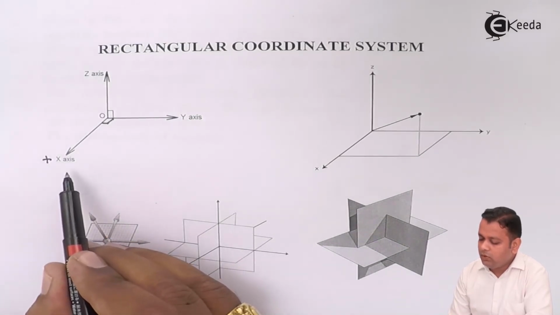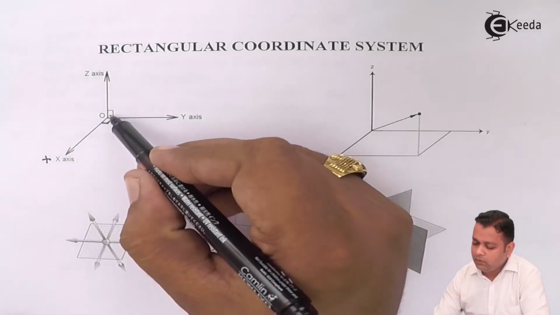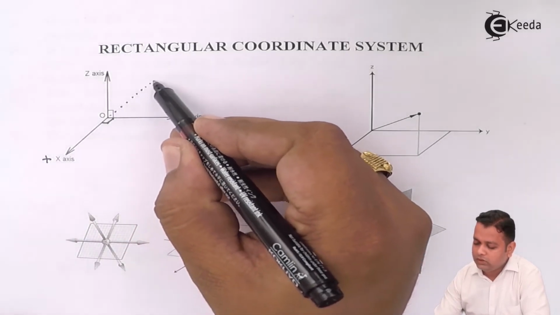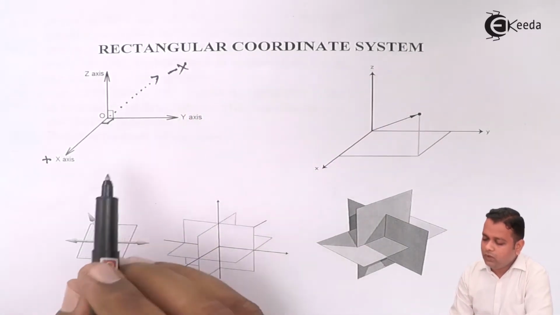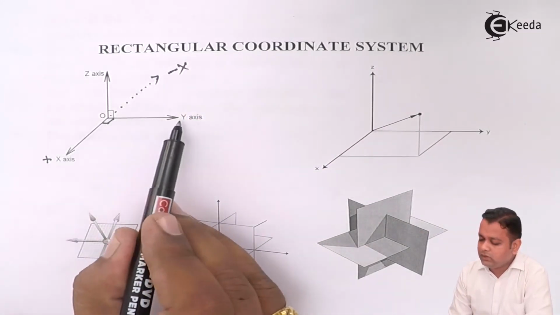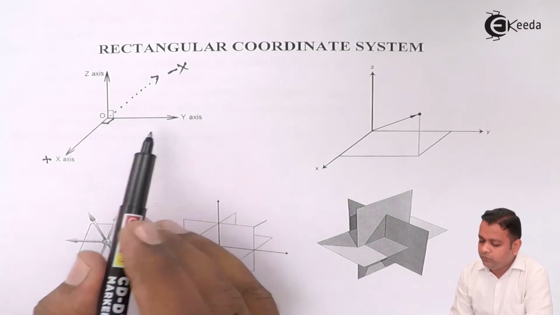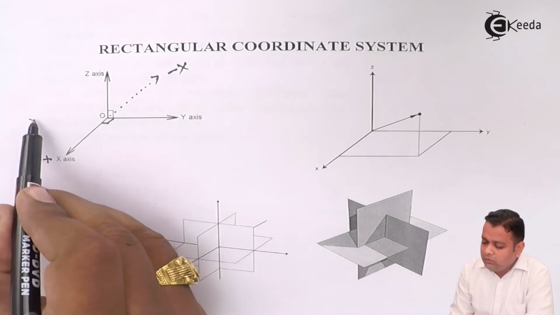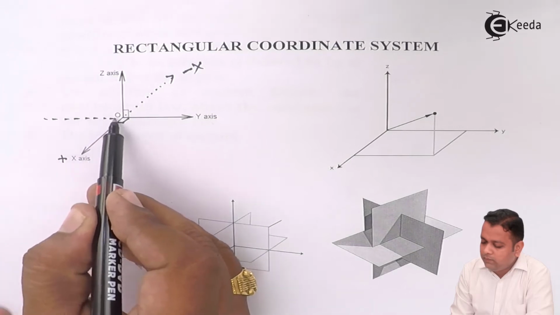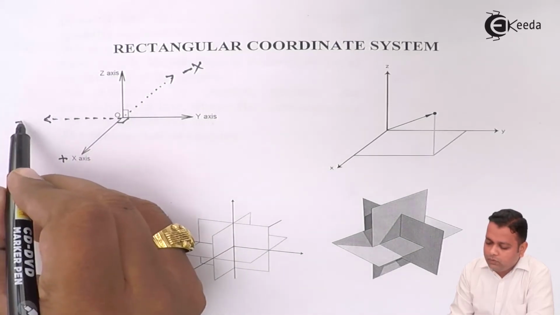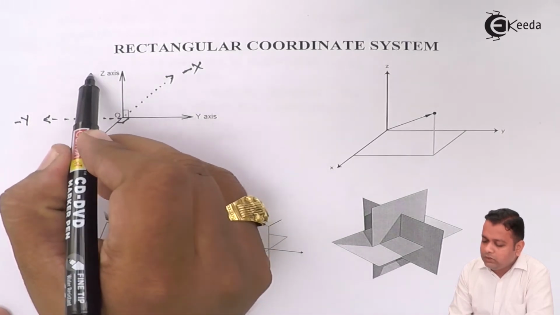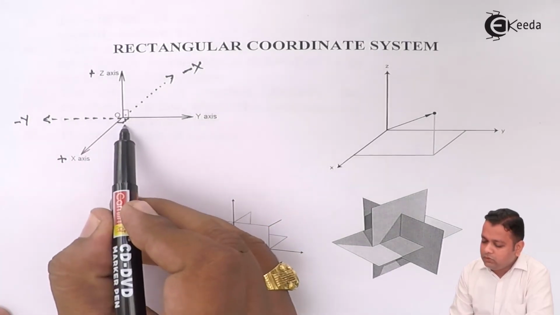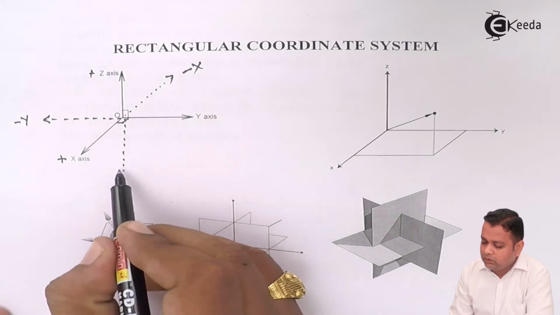The negative side of X-axis can be drawn in the opposite direction. This is minus X. Y-axis in this direction has positive orientation. The negative side can be shown by a dashed line. This is minus Y. The Z-axis has a positive side. The negative side can be shown like this,